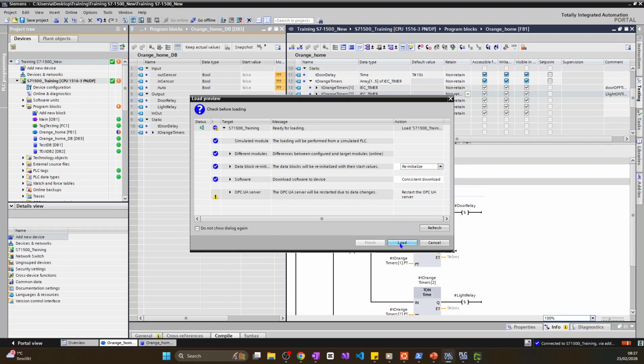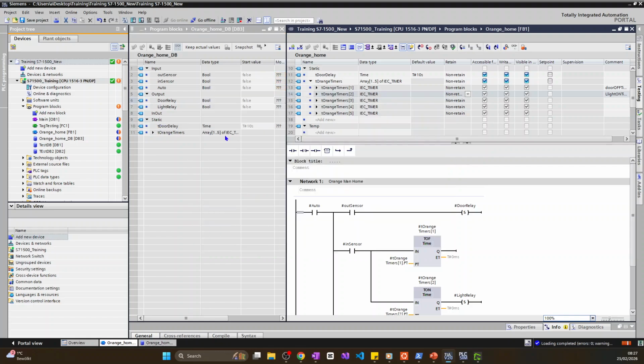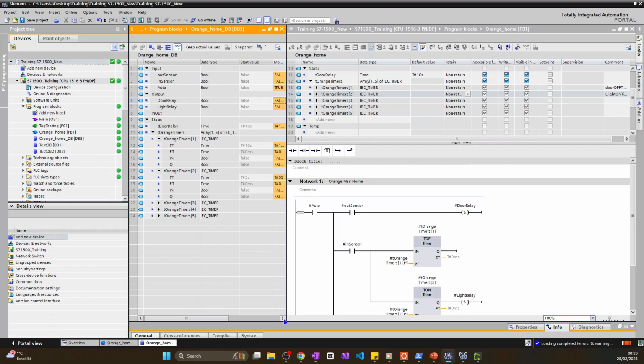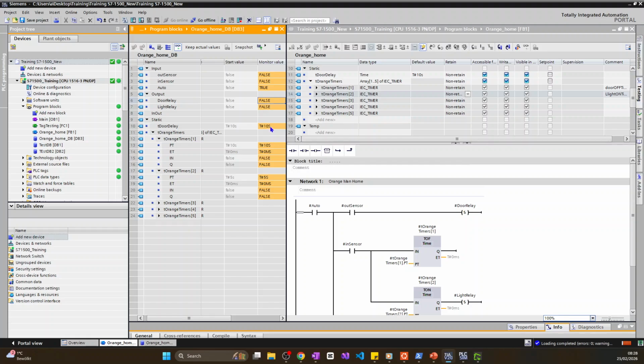The block has changed to an array. Now everything will be downloaded into the PLC. We can already see our array of timers in here. We can see everything directly now on the interface of our DB. Looking good. We also see the timer compare value that we set on our block, which is now 10